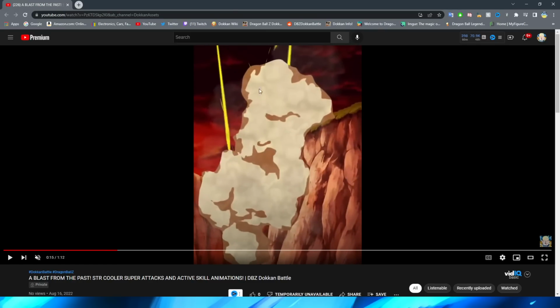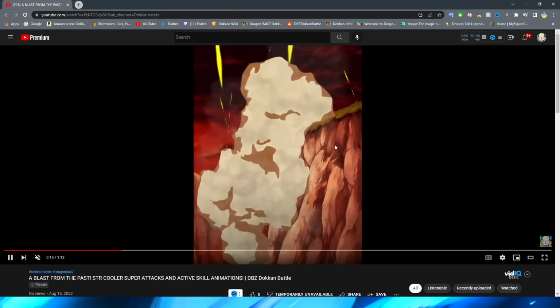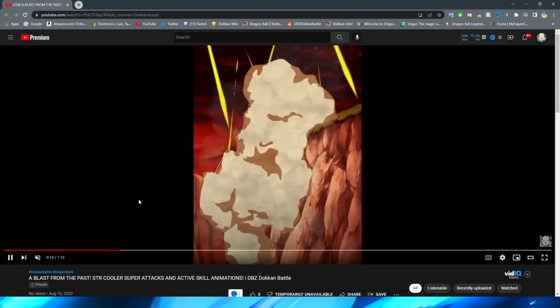I will say the Ki does feel a little bit not very impactful, or it doesn't have a lot of weight to it, I guess you would say, right? It definitely just feels like they're throwing sticks towards the planet. You know what I mean? Definitely not too crazy, but